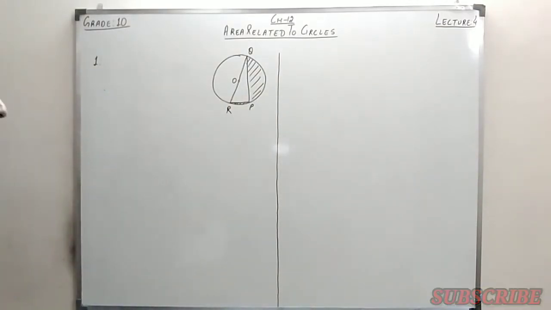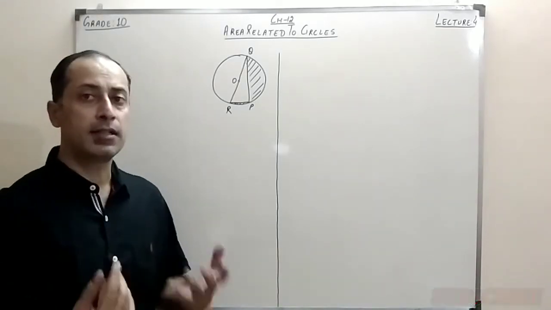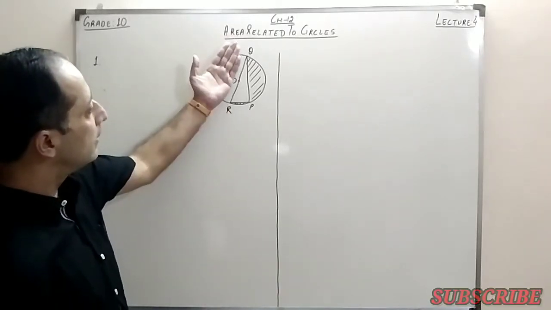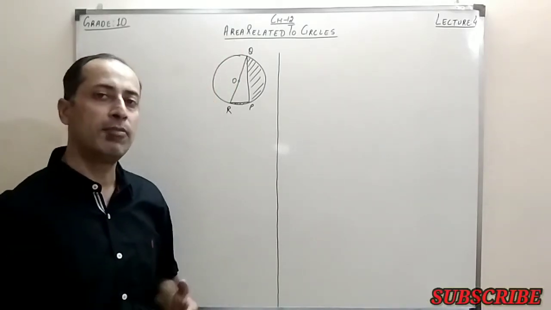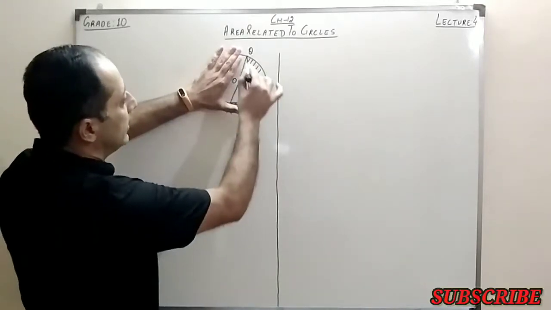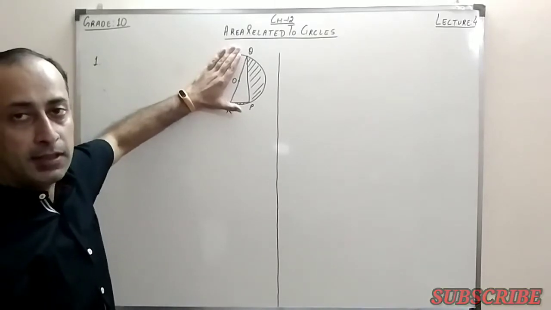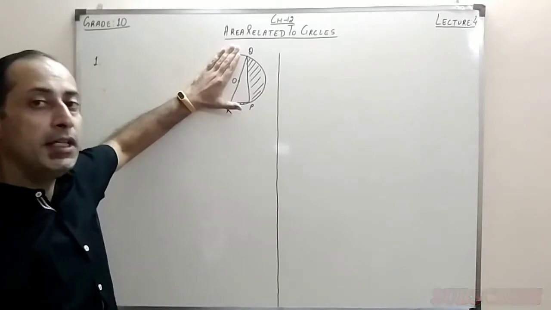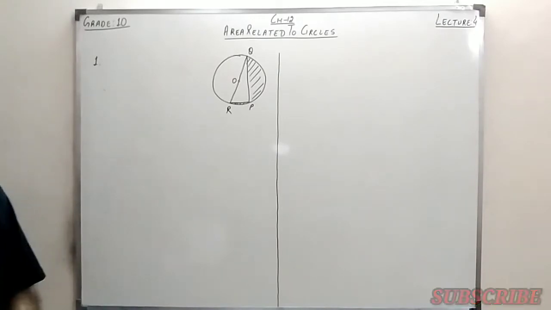Now how can we find the area of the shaded portion? That is the most important thing, because again, it's a combination. If we see this portion, that is the half of the circle. We know how to find the area of a semicircle, that is half pi r square. Now, from this half pi r square, this portion is being excluded. That is the portion of the triangle. It means we have to subtract the area of the triangle from the area of the semicircle.